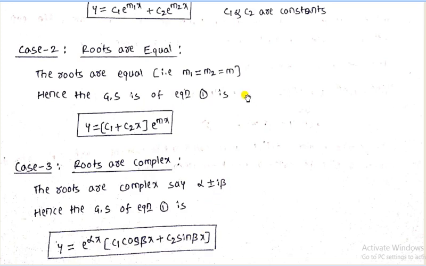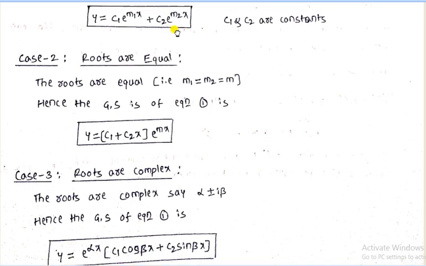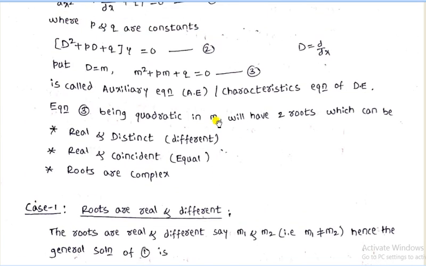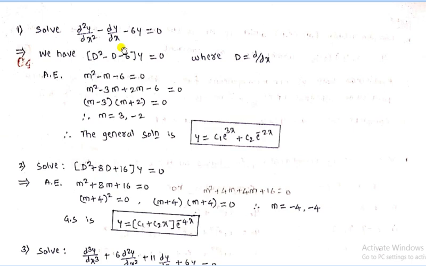So this is the method for writing the general solution when roots are real and equal, real and different, and roots are complex. You have to remember these three forms of writing the general solution, which help us while solving the examples on homogeneous and non-homogeneous equations. Now examples on homogeneous equation, where we will calculate the roots of the equation and also write the general solution.